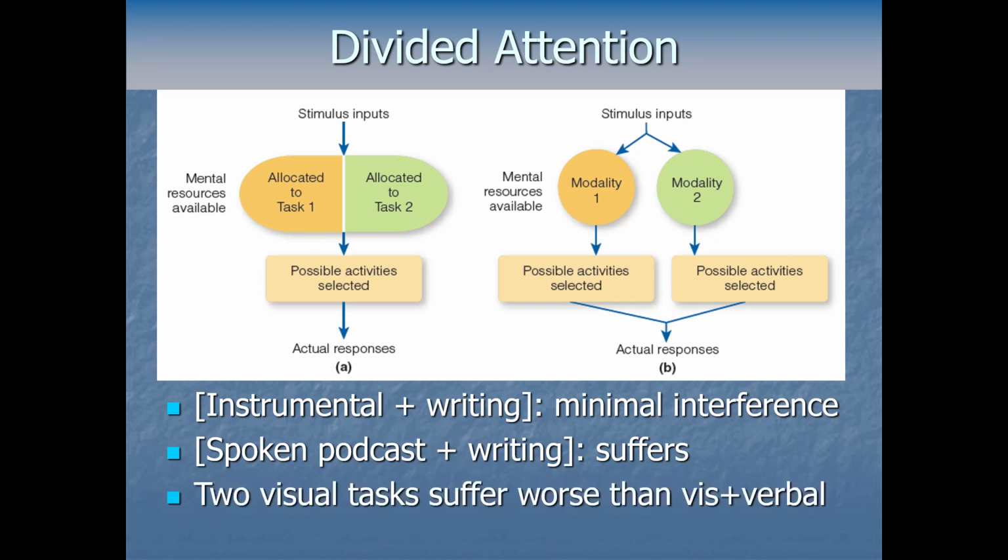Similarly, when we have people do two visual tasks at the same time, their performance suffers way worse than if you do a dual task paradigm with like one visual task and one verbal task, suggesting these come from different pools. So something like the model on the right seems to be the closest to how it works. But the takeaway here is that our attention is limited, and a given task takes up some amount of attention from that limited pool based on the difficulty of the task, how much practice we have with it, and also things like our state of physiological arousal and other stuff that makes a task more or less attention heavy in that moment.